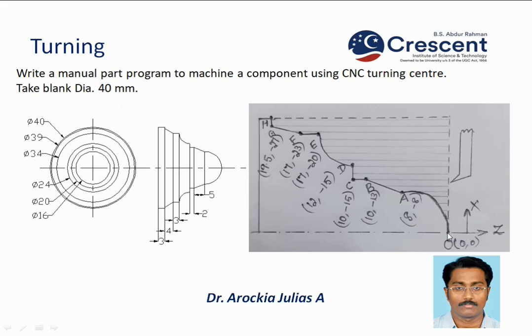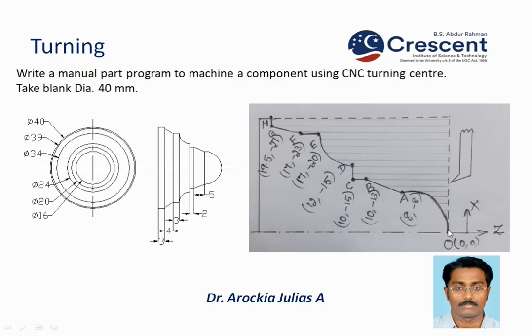Now we took from the right side. Normally the single point cutting tool will come from the right end. So the starting point is taken as the origin. There is no facing here. After facing, we have the finished component with a surface finish, for which we are going to set the origin at the center point, that is 0, 0.